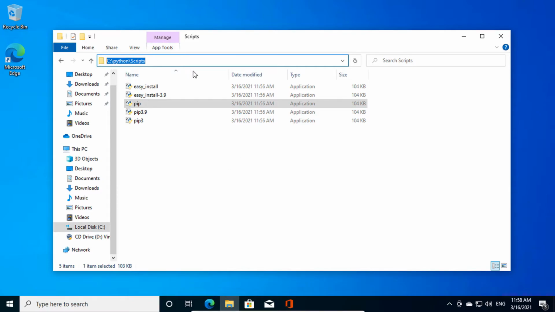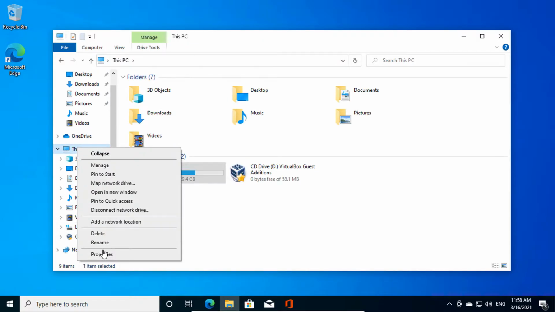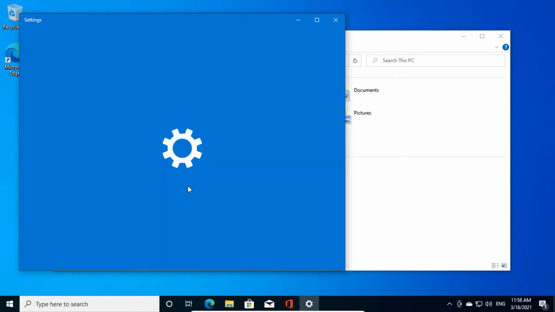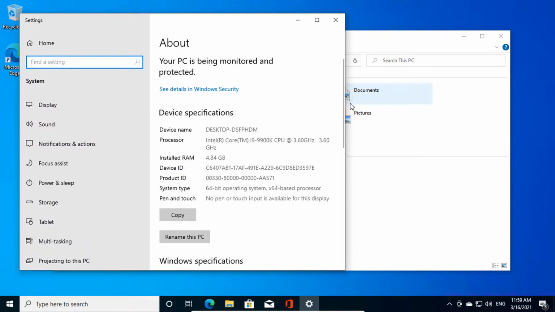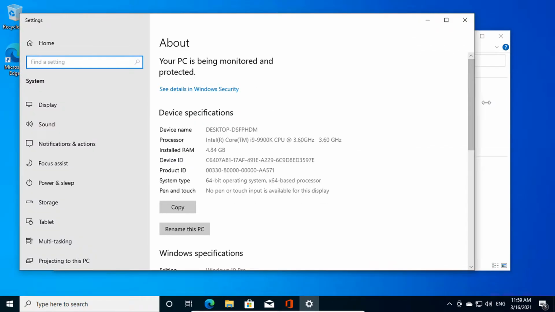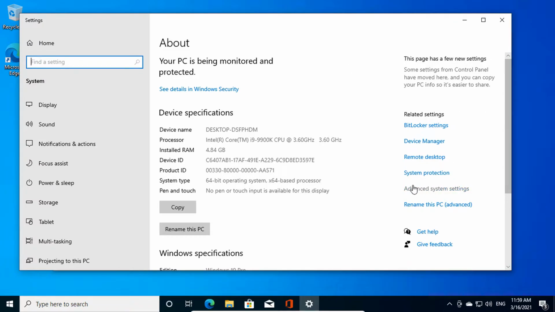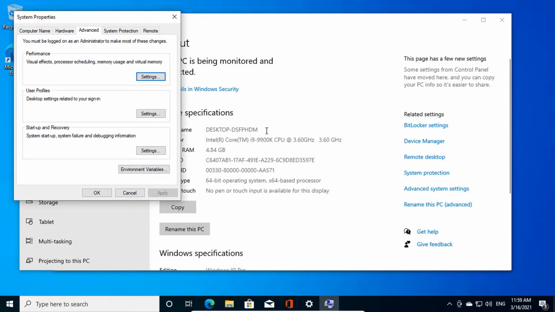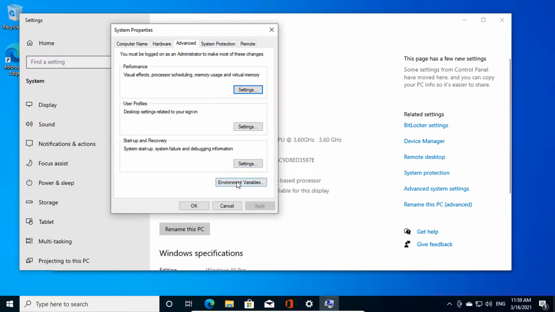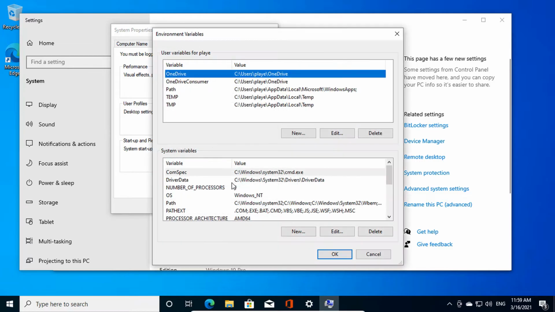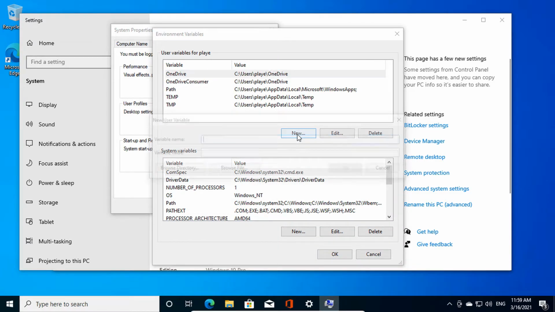To do that, right click on my computer and go to properties. Then go to advanced system settings. Then go to environment variables, and here create new variable.